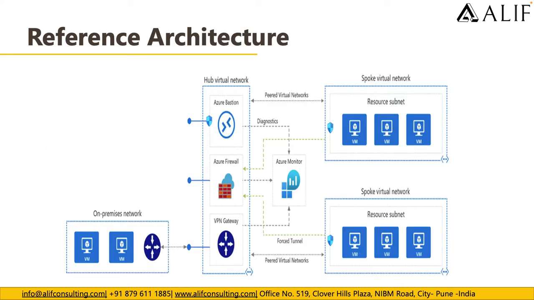Well, this is how the reference architecture looks for the hub and spoke model. If you see, in the hub network you have all your shared services like Azure Bastion, Azure Firewall, and VPN gateway, and then you have Azure Monitor and VMs in the spoke network, and they are basically connected to each other over the peering, and over the peering they will have their connection to the Microsoft network. Now, if you really want to do a deep dive into Azure Bastion, Azure Firewall, and VPN gateway,